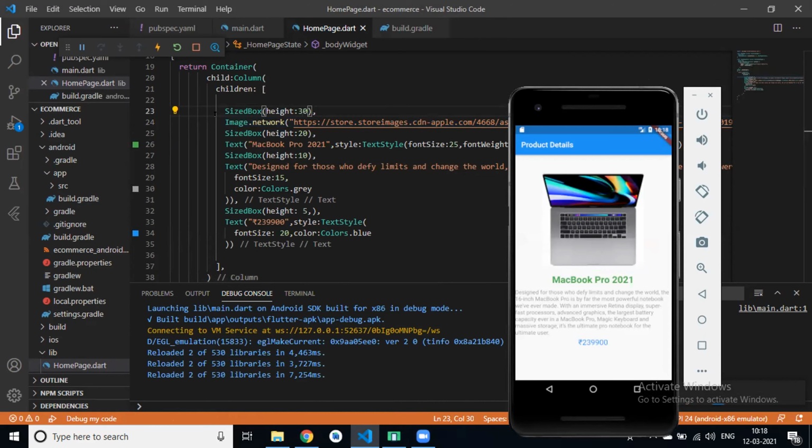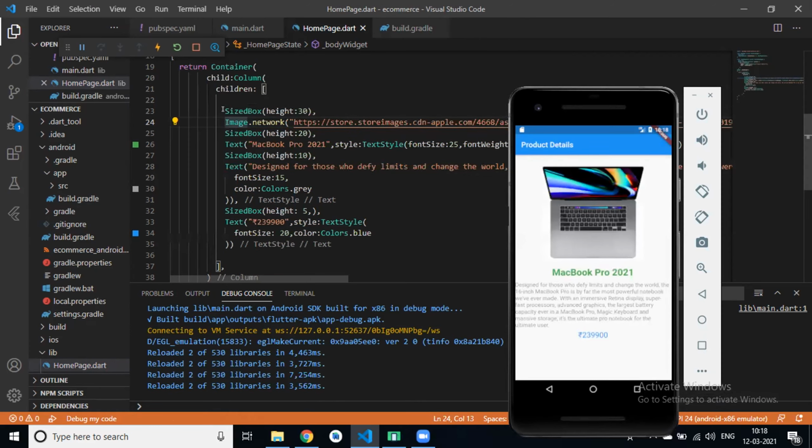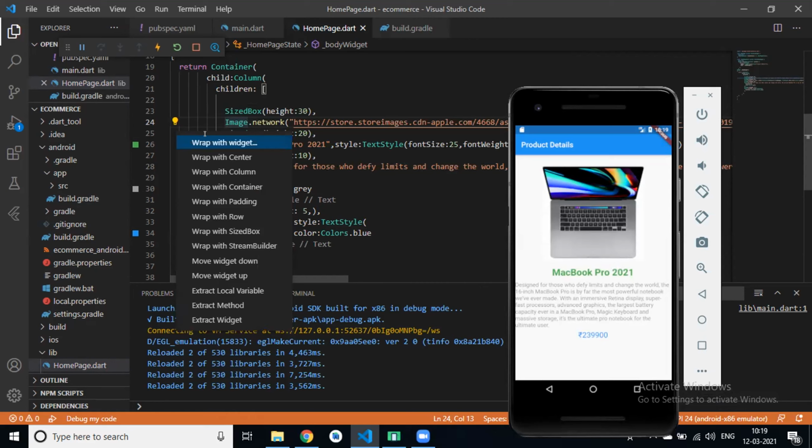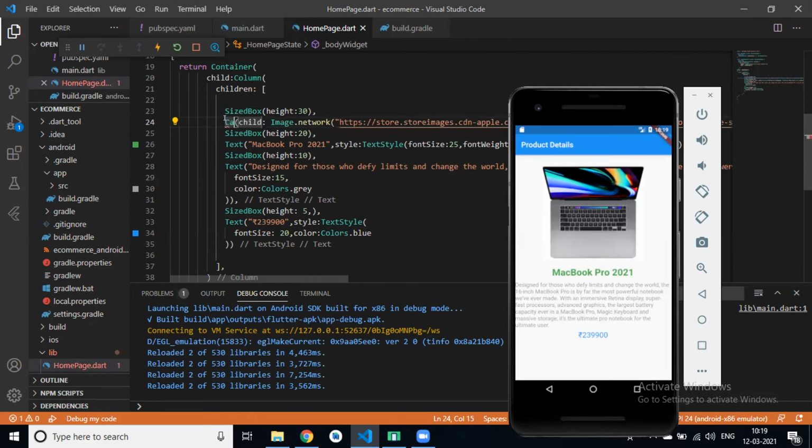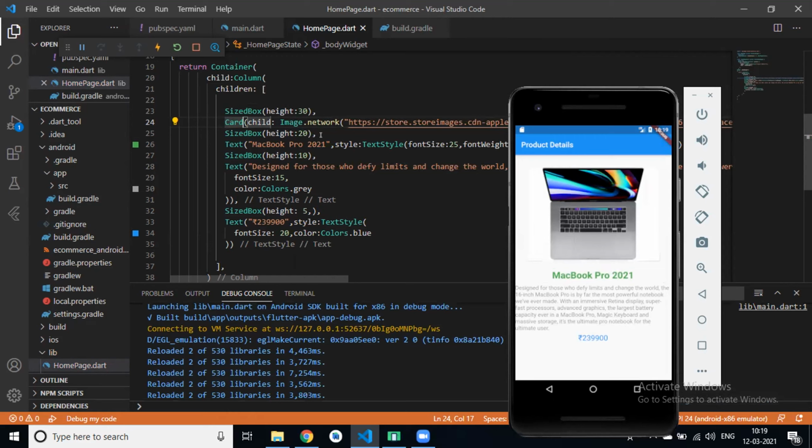Okay, can we wrap this image in card? We have already learned about card widget, right? If I wrap with widget with card, okay, wrapped with card.